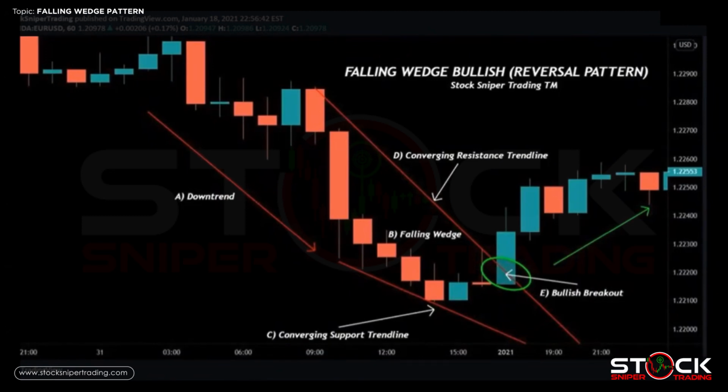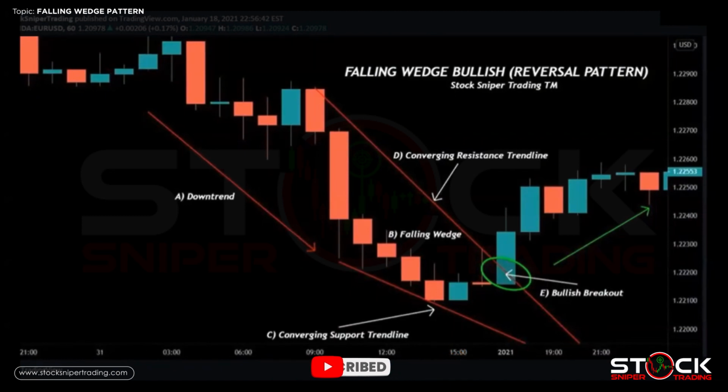C is our converging support trend line where we see buyers entering the market. D is our converging resistance trend line where we continue to make lower highs. And eventually, as this selling volume starts to decrease, we can see that the buyers have established a support level and start entering the market. As the buying volume increases and the bearish volume decreases, we should see a breakout at the apex of the